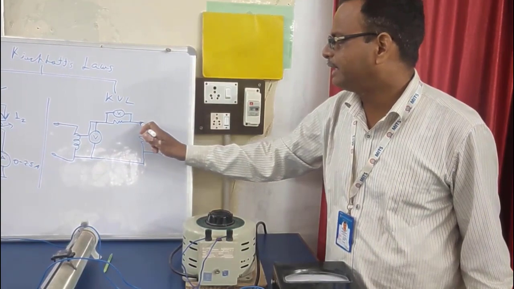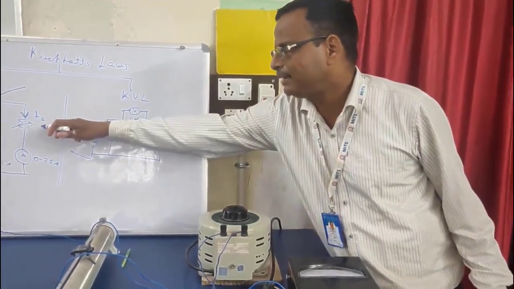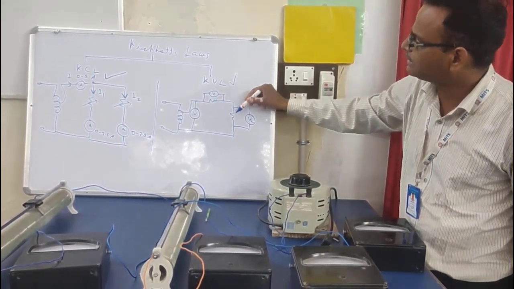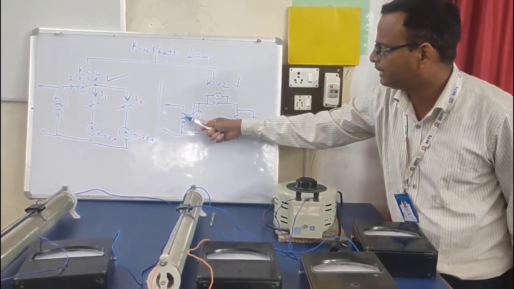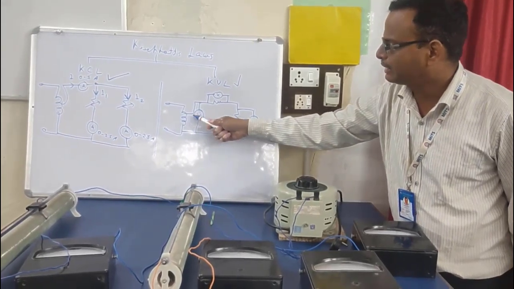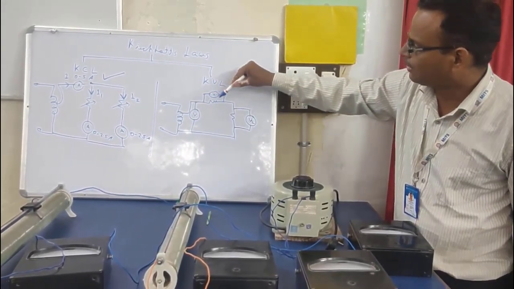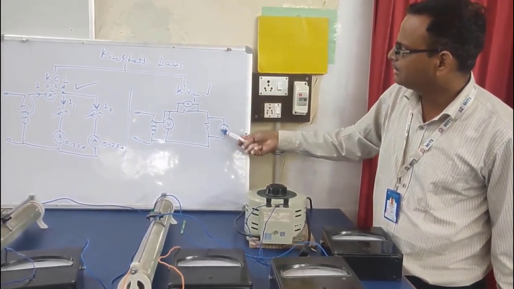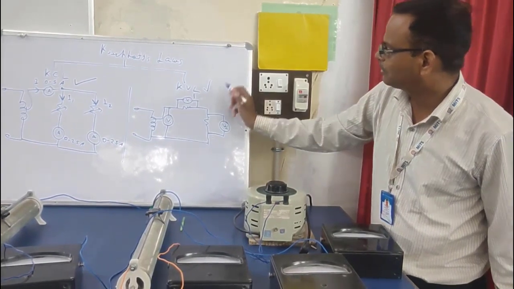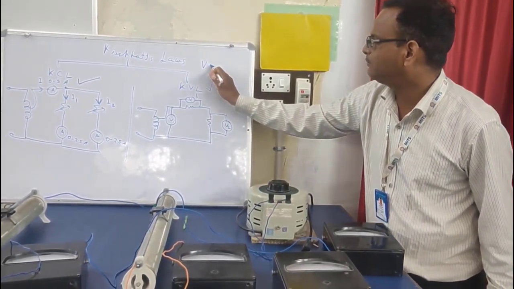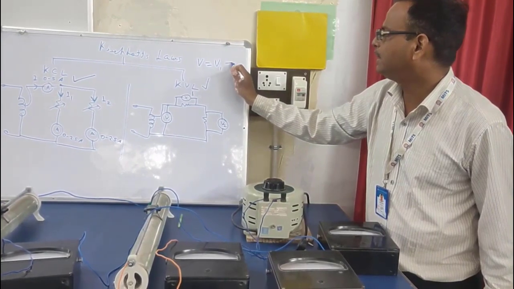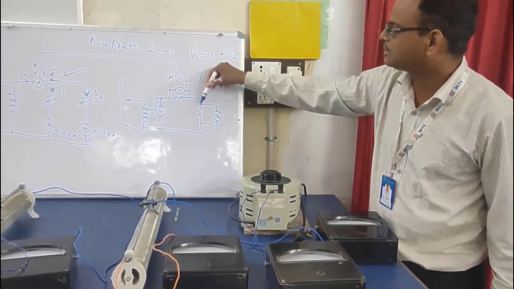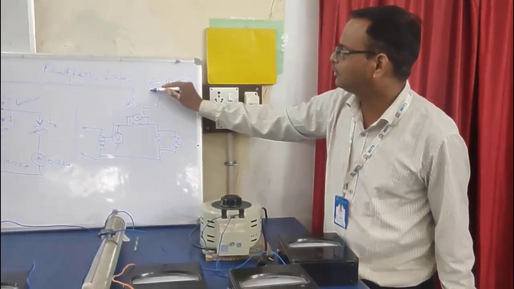Two resistors are connected in series manner. See that these are connected in parallel manner for KCL, and for KVL these two resistors are connected in series manner. And the auto transformer is giving the supply; the total voltage you may get on this voltmeter. The potential drop across this resistance is V1 and the potential drop across this resistance is V2. So this KVL is: the total voltage V is equal to V1 plus V2. It means this KVL is based on the potential drop across each resistance. So this we have to verify.